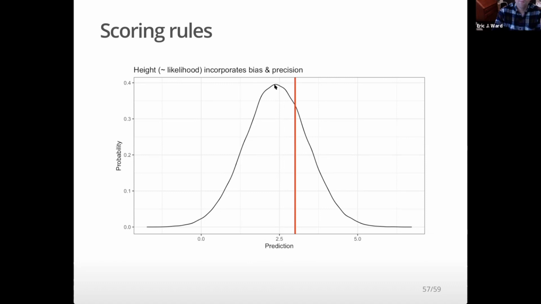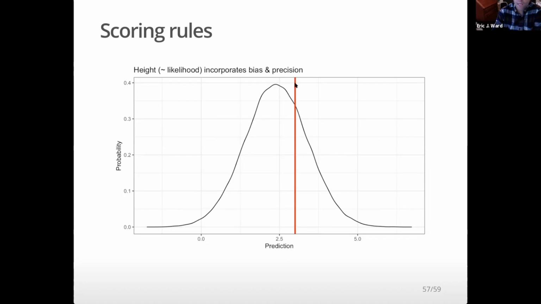In the MARSS framework, we assume that state is normally distributed, and so that's what this black line is, just a normal distribution. Maybe the mean was 2.4, for example. So we estimate the population size was 2.4,